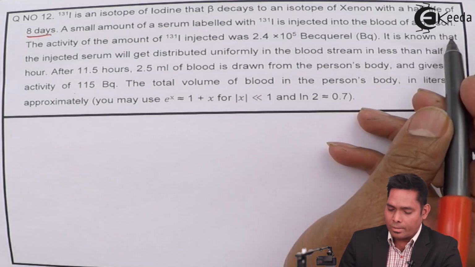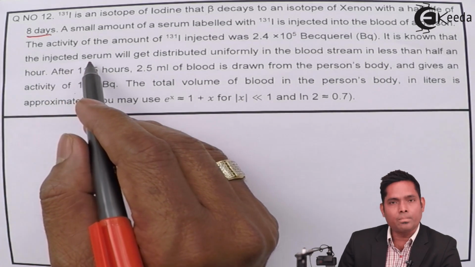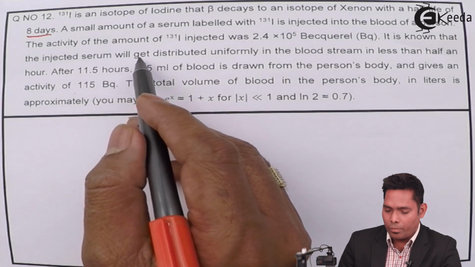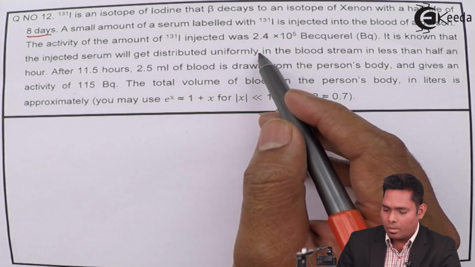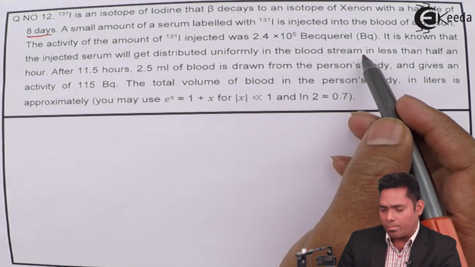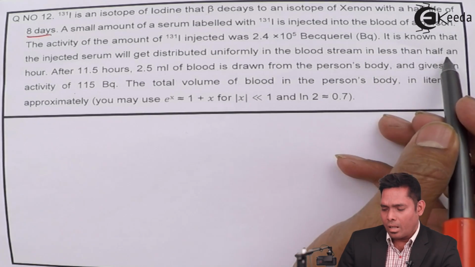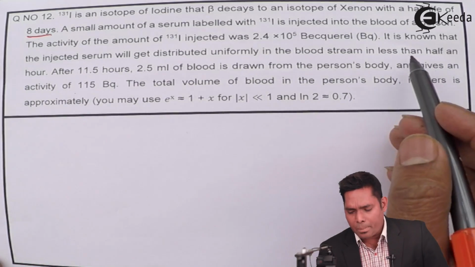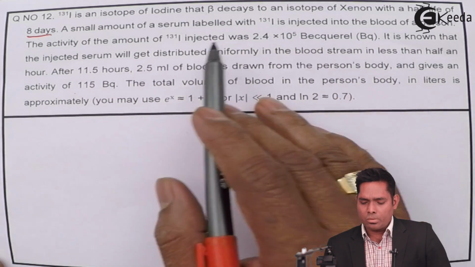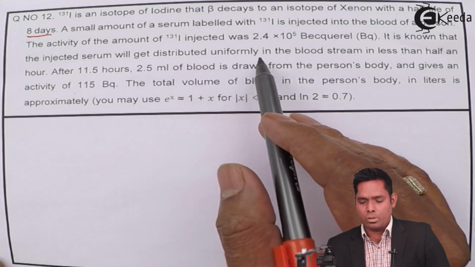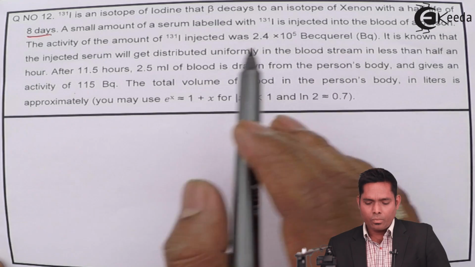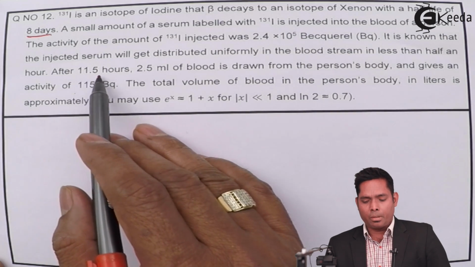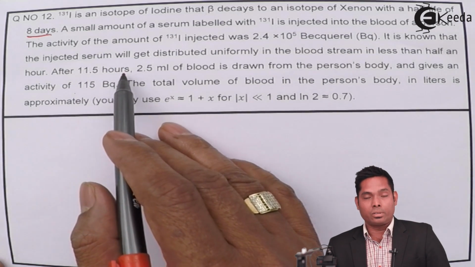It is known that the injected serum will get distributed uniformly in the bloodstream in less than half an hour. After 11.5 hours,